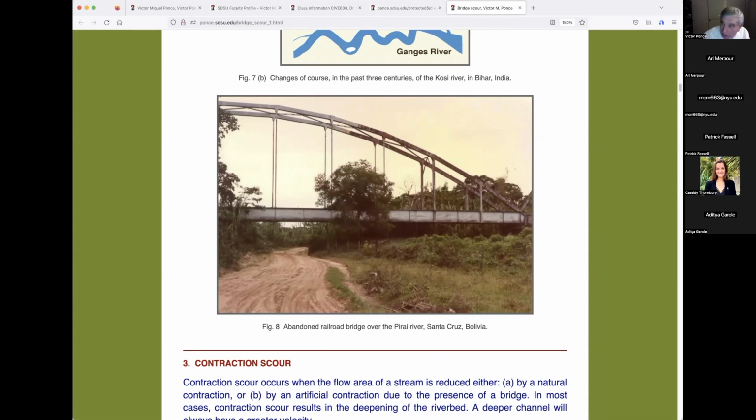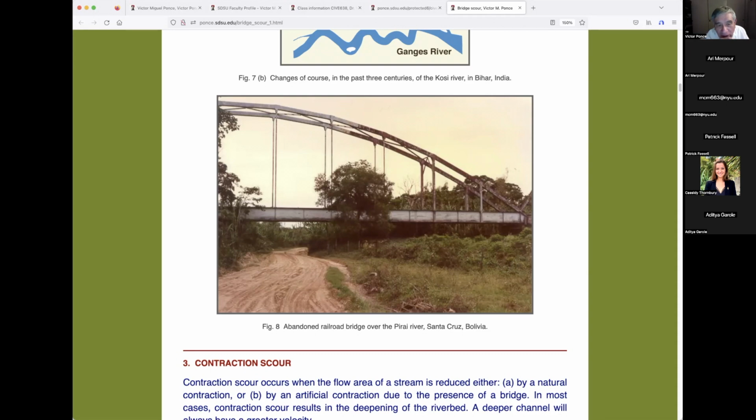It's a major town out there. It's number 2 or number 3 town in Bolivia. Town? No, city. There's probably 5 million people in Santa Cruz at this point. At the time I was there, maybe it was 2 million, but it has grown tremendously in the last 20, 30 years. But there's an abandoned railroad bridge over the Piraí River. And I was there and I took this picture